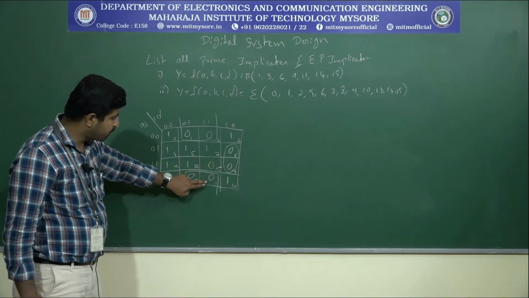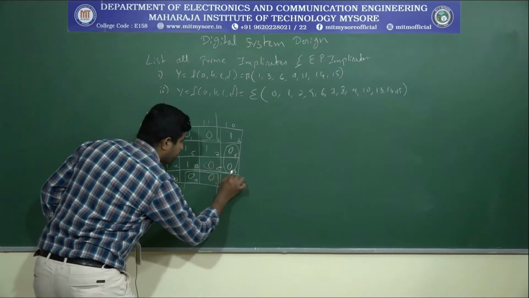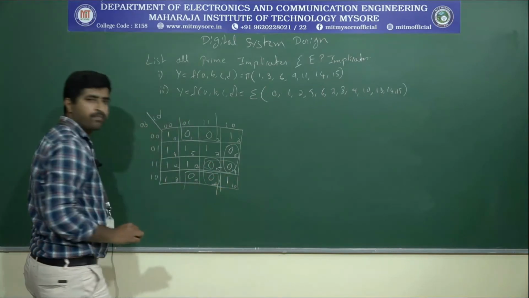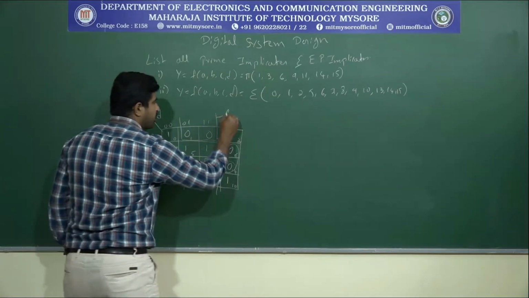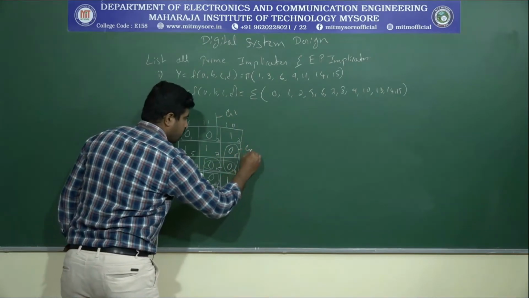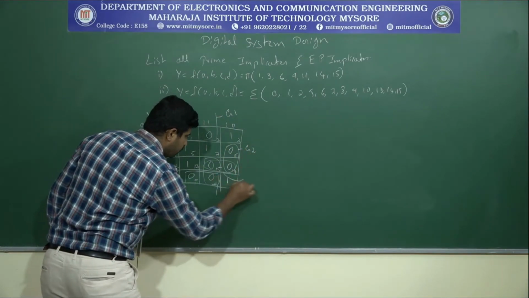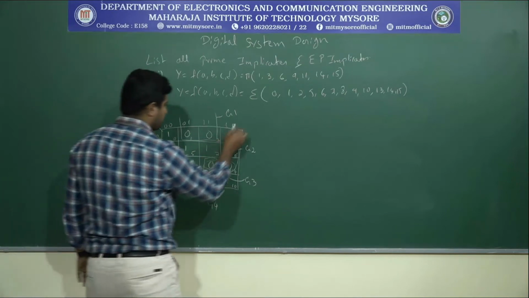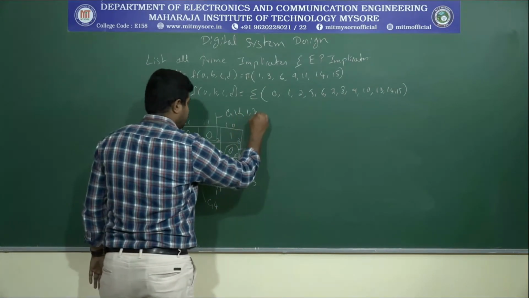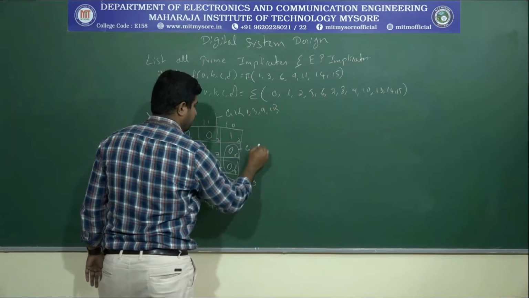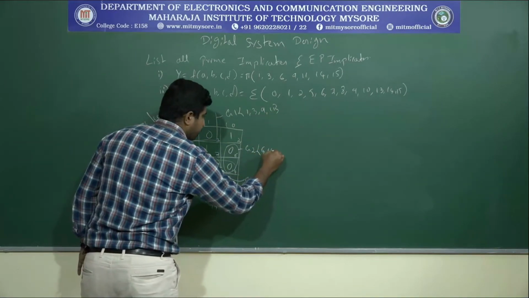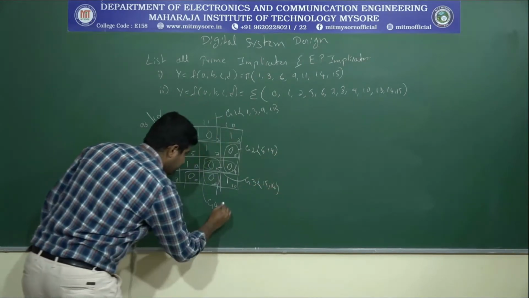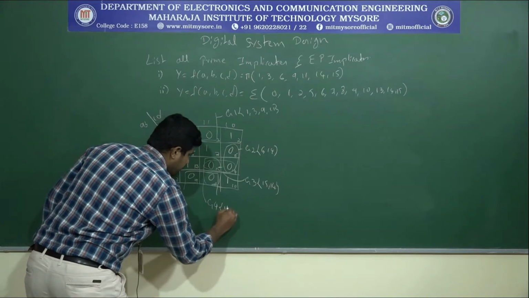The 15th cell can be grouped with 14 and can be grouped with 11. So let's group this one, 15 to here also for the 14, and 15 to 11 also. Okay. So I will name this group 1, this group 2, this one group 3 and this group 4. So the cells included here are 1, 3, 9, 11, the cells included here are 6, 14, the cells included here are 15, 14, and the cells included here are 11, 15.